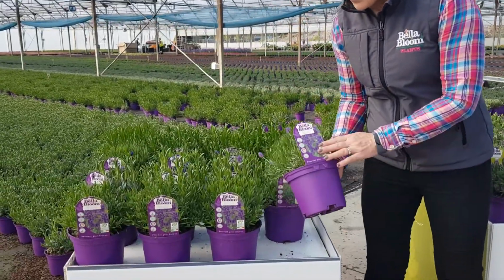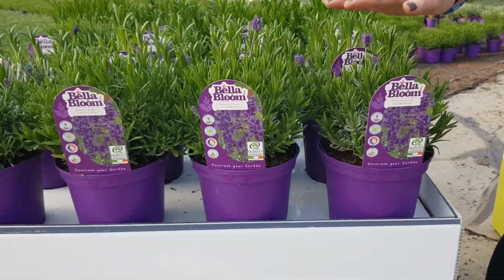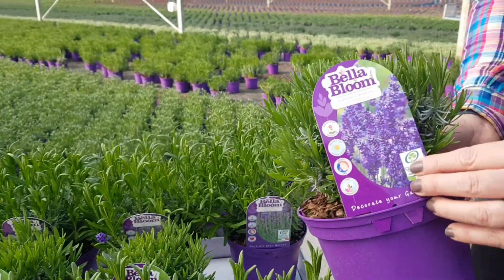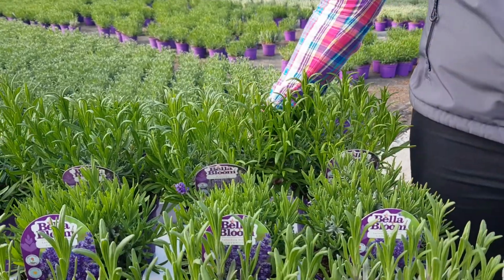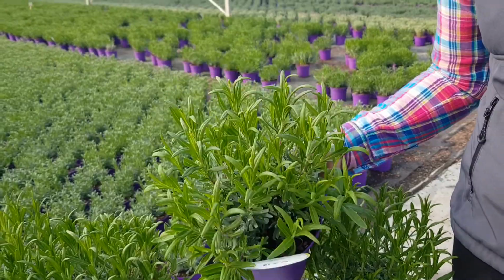The English varieties, you all know Essence Purple, very similar to Hidcote. We have Vera, and you'll be delighted to know that Lavender Hidcote is back on our list. You've all been waiting for weeks for that one. It's one of the slowest growers. And behind that, if you want something a bit more vigorous, here's some Munstead, which are really good size at